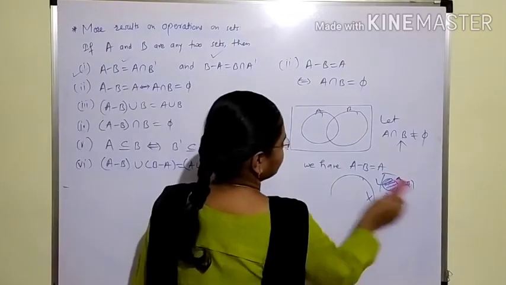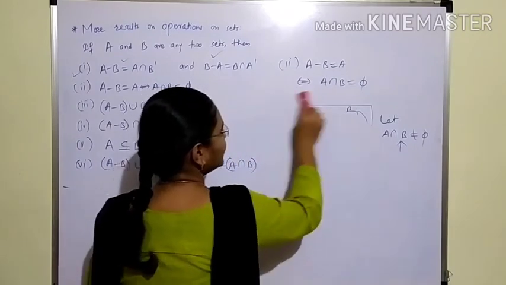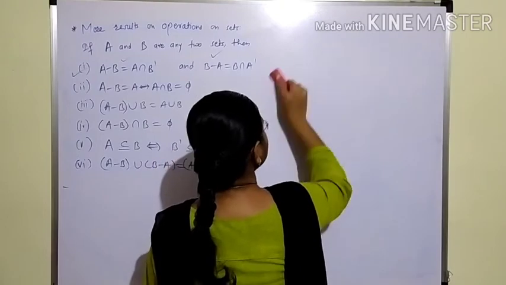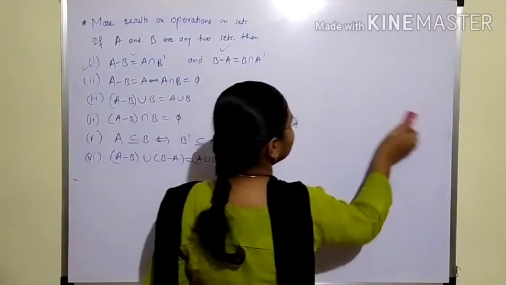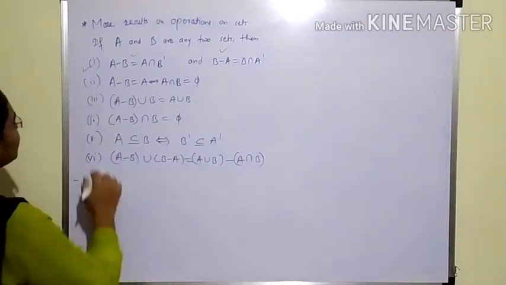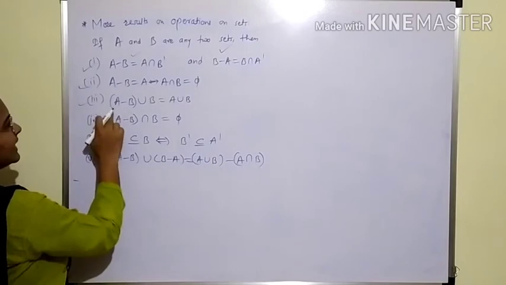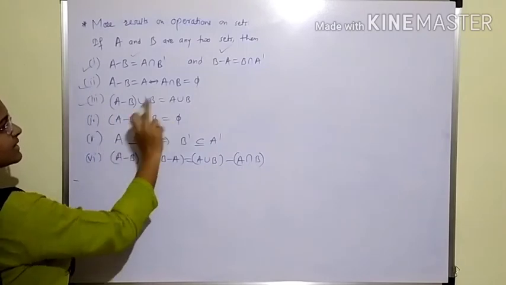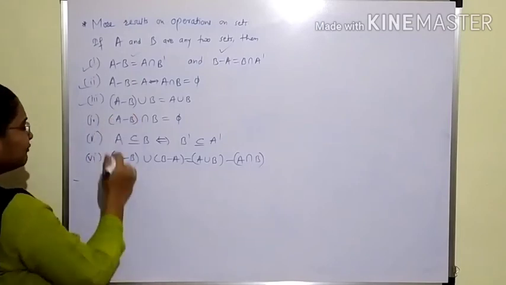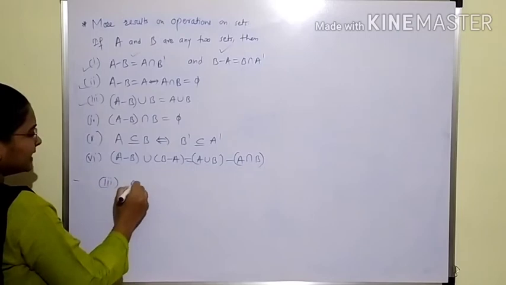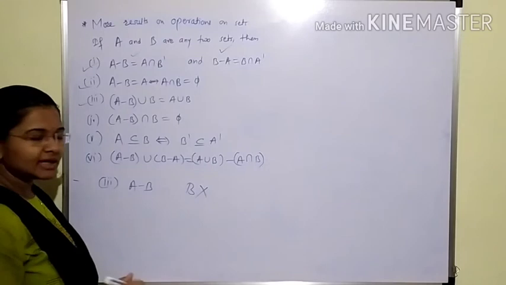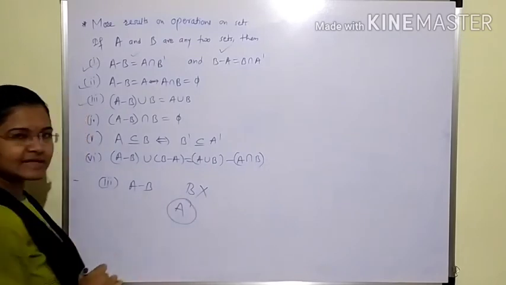Third, see students, proof is not required. You just understand how both the sets are equal, because while solving problems on sets we will require these results. Okay, so we'll take now the third one. A minus B union with B is equal to A union B. Now students, no need to draw the Venn diagram for this. Clearly, if we have considered the difference of A and B, so clearly set B elements will not be there, means purely only set A elements will be there in this.